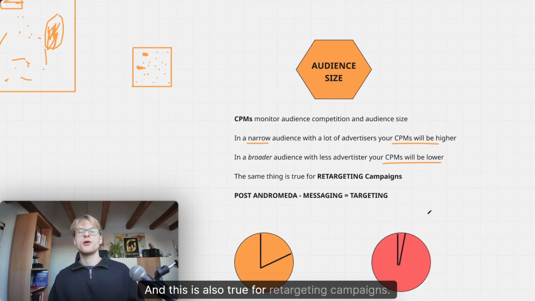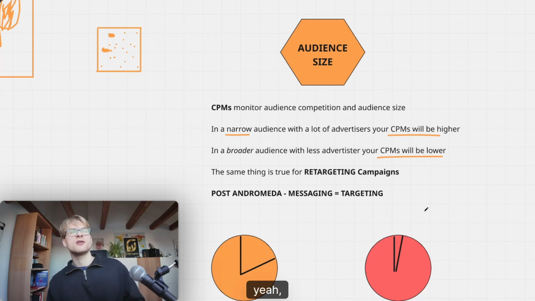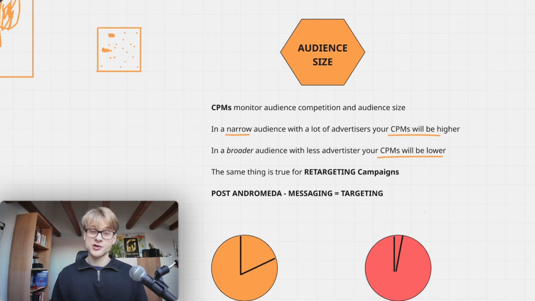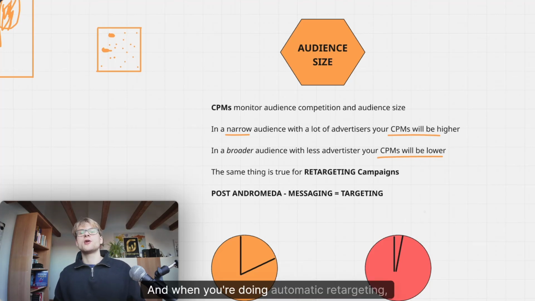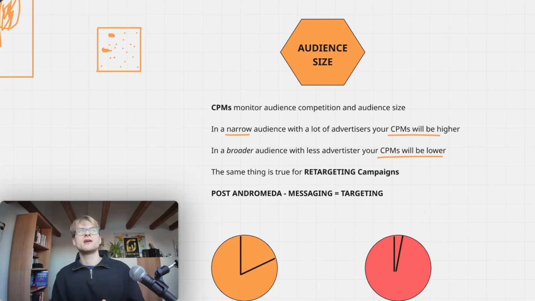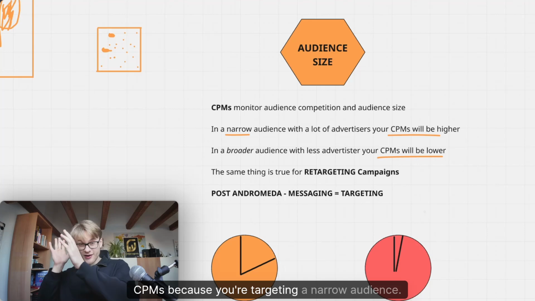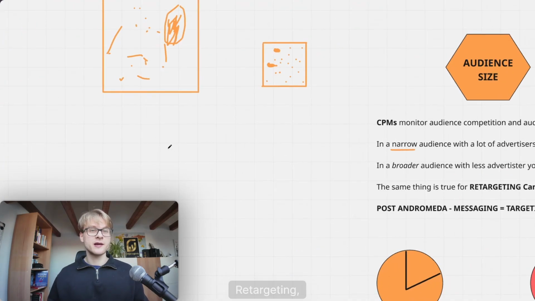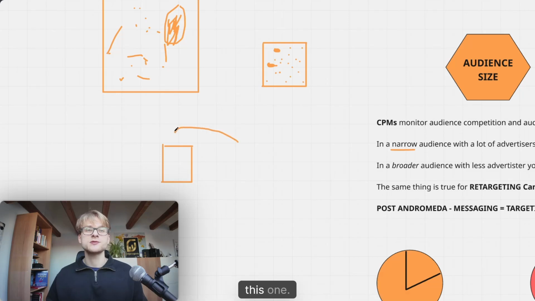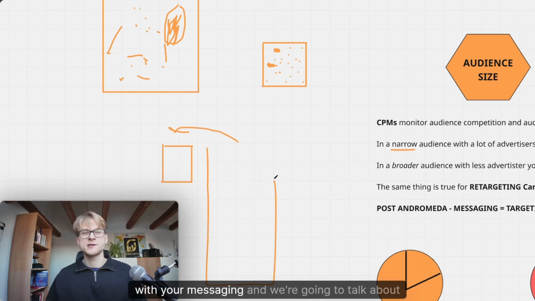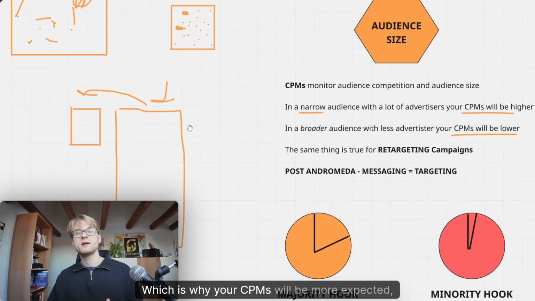And this is also true for retargeting campaigns. So when you're doing retargeting, what happens is, yeah, you're interacting with leads who already touched your profile, but Meta does automatic retargeting anyways. And when you do automatic retargeting, you will basically artificially inflate the cost per result in the CPMs because you're targeting a narrow audience. Retargeting, let's say, this is the room of all of your Instagram followers, and you're just retargeting this one, but you could actually, with your messaging, and we're going to talk about messaging in a second, target this entire room, right? Which is why your CPMs will be more expensive,